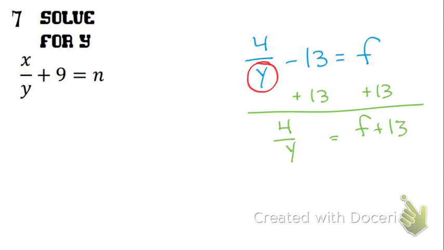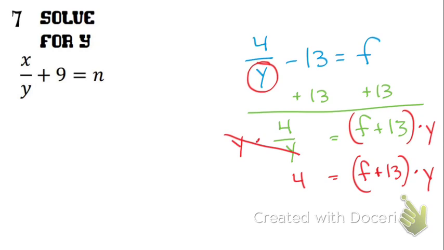Now I want Y by itself, but it's in the denominator. So this is the point that I'm going to multiply both sides by Y to pull it up from the denominator. So when I multiply this side by Y, Y divided by Y cancels. And then over here, I'm just going to multiply this by Y as well. So I end up with 4 equals F plus 13